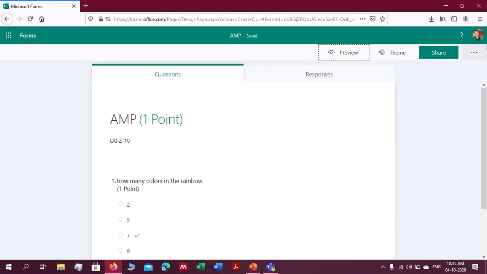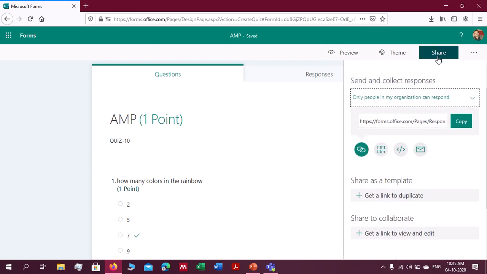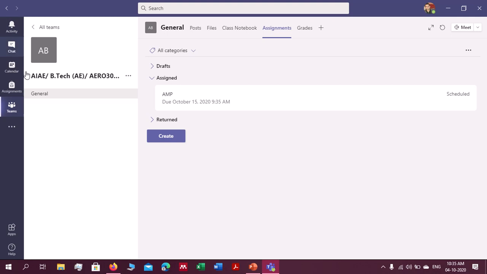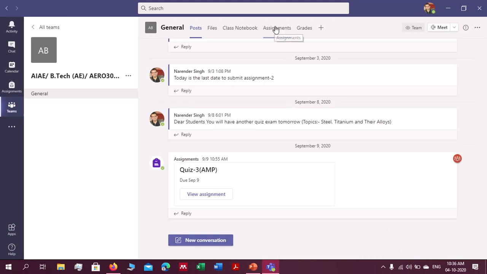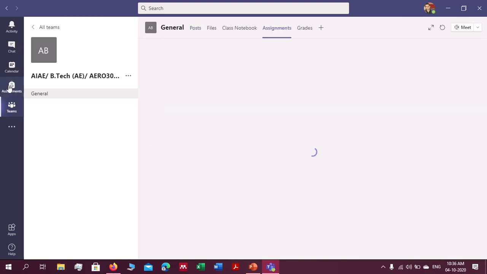There is a back option, and you can also take a link to share this on MS Teams. There is the link. You can copy it and simply paste that in the chat box of your MS Teams. But if you want to put it in MS Teams, then you go back to MS Teams, and there again these things are open as you already did all the things. If it does not come, then you simply go to Teams and then you select for which class you want to give the quiz, and then go to assignment, or you can go through this assignment also.